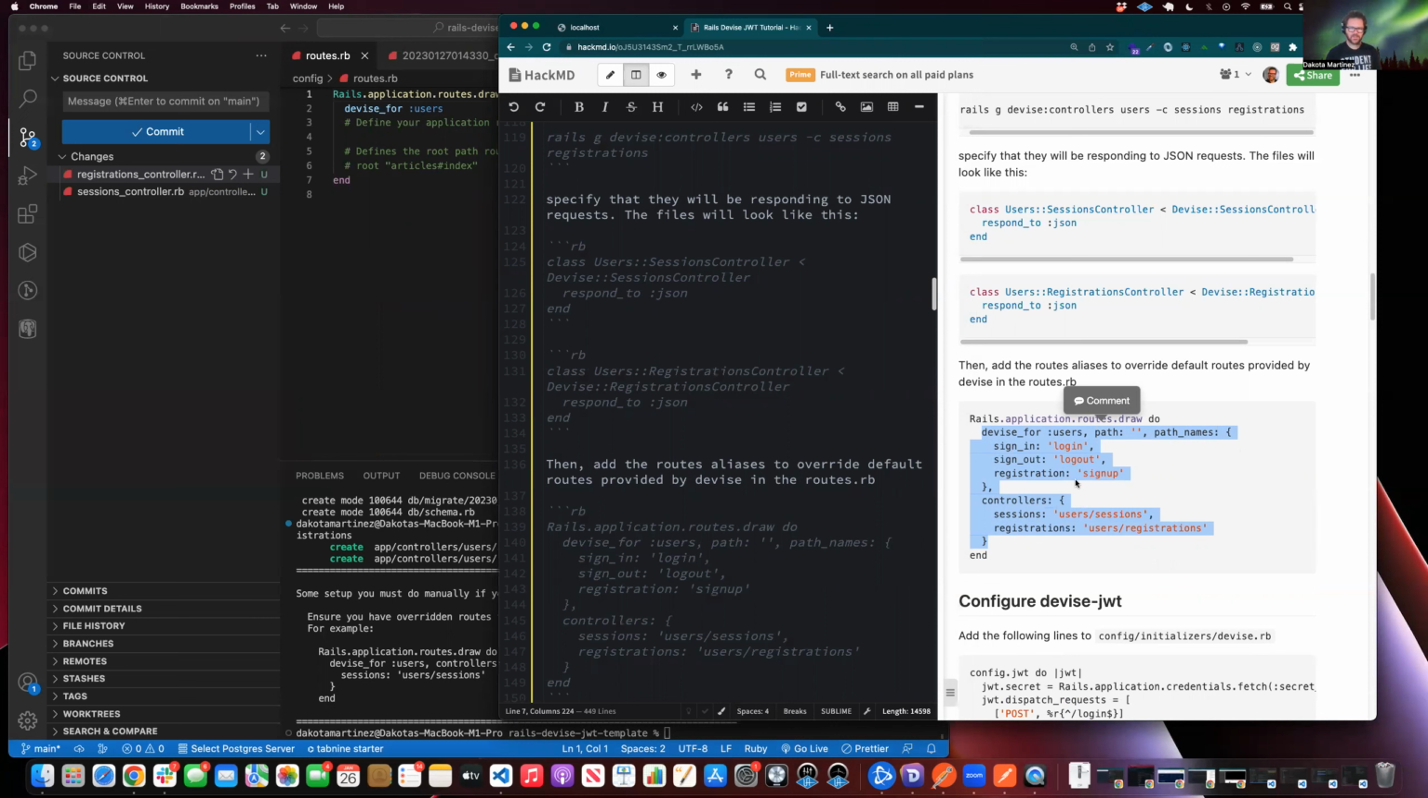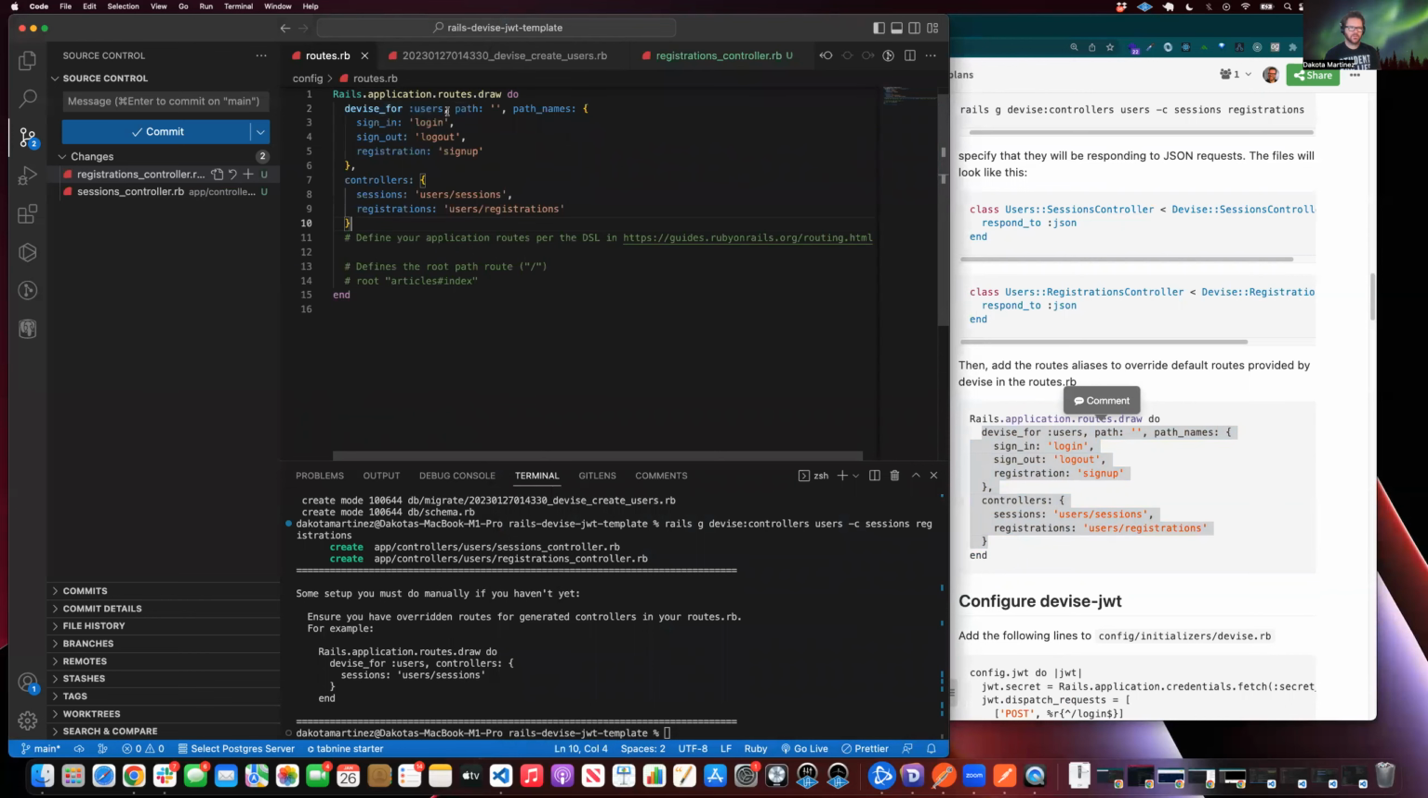And then for sign out, it'll be logout. And for registration, it'll be sign up. So we'll have those strings, login, logout, and sign up. Those will be part of the URLs. And then the sessions and registrations controller will be pointing to our controllers that are inheriting from the ones defined